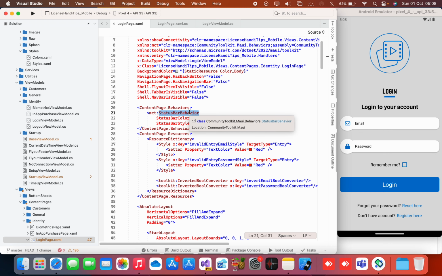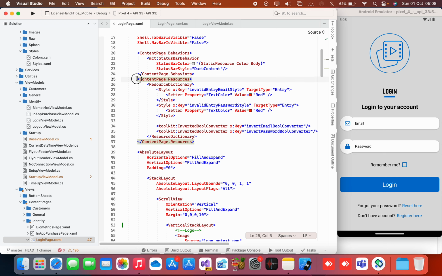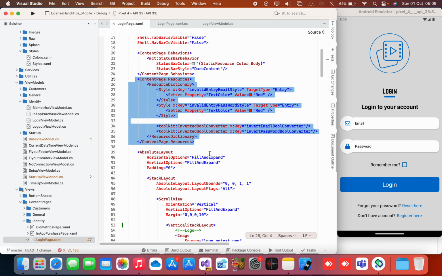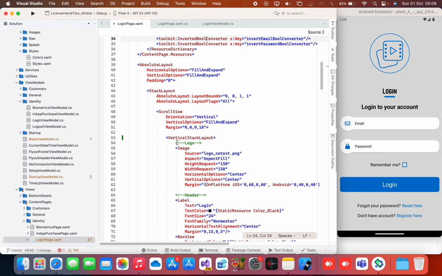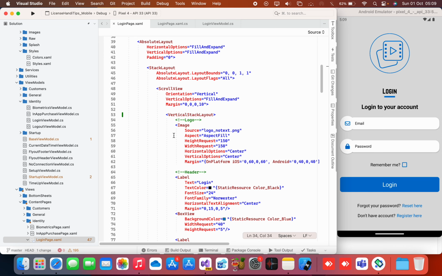I think we need to do part 2. There's a lot here. This one I'll come back to, because the next video that I'm going to do is on validations, and we'll talk more about it there. So I'm going to skip this one for now. But this is where we have the resources for this content page in one place. Okay, so then we have the main outer